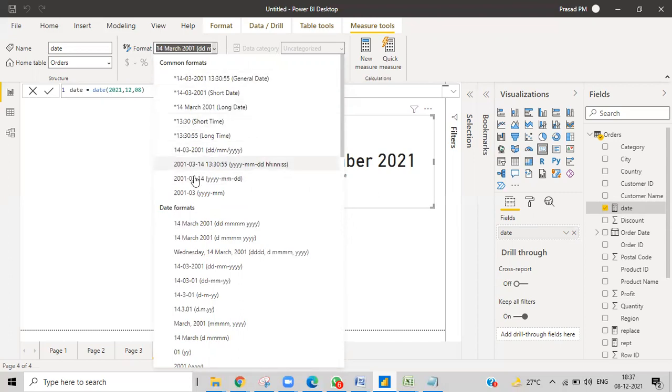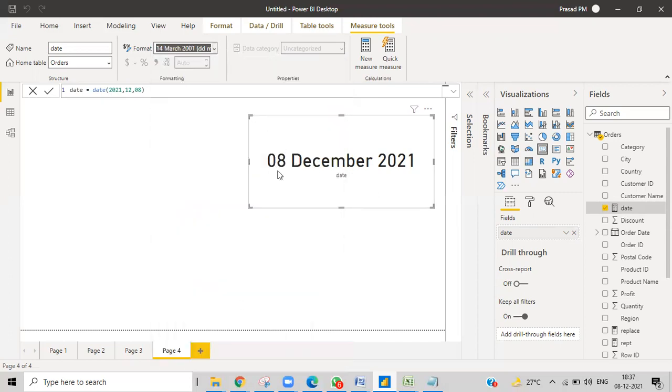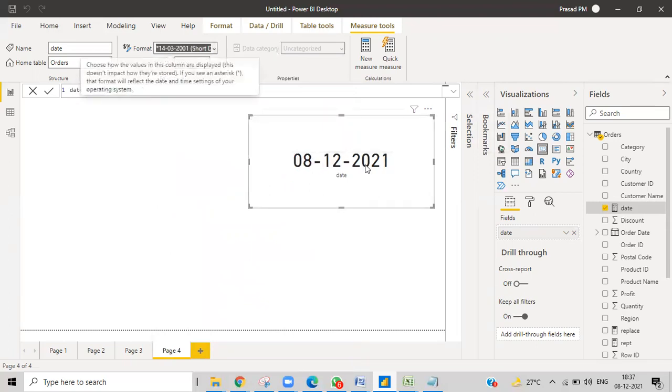These are common formats that people use. So we'll choose one of these. This is a normal format, 14, 0, 12, 48, 12, 21. This is a normal format, short date format, and then we can use that. So right now it is in date format, right? You can see this.